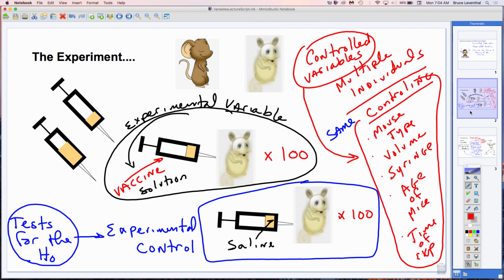Here, our data collected is a comparison between the mice who are protected, so how many mice were protected by the vaccine, how many mice died, how many mice were protected by the saline, how many mice died. The dependent variable responds to the experimental variable. The dependent variable is the data we collect. Well, that's our lecture for today. I hope that all of this